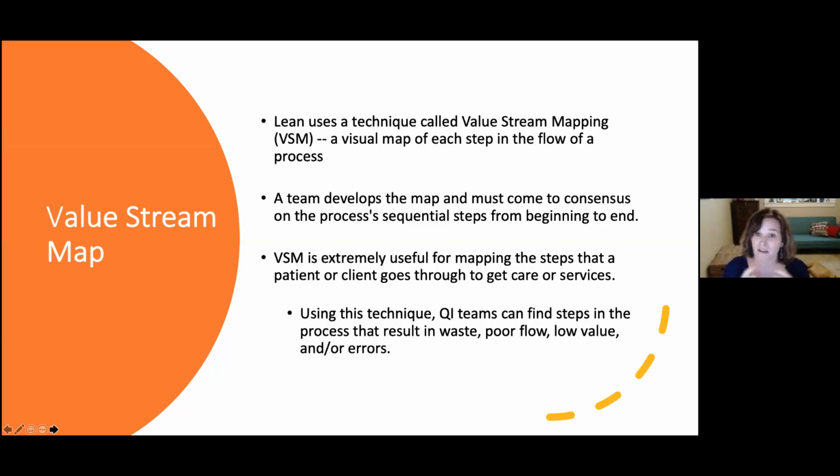A team needs to come together to develop the map and come to consensus about all the steps in the process. A VSM is not something that just one person can do in an organization. It really is meant to be a team, so that you're getting a wide array of perspectives and people who know all the steps in a process and where they connect and where they don't.